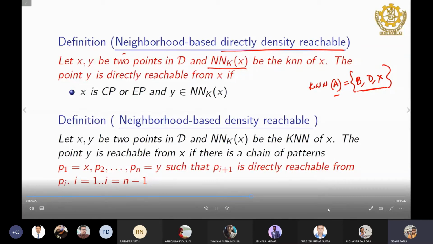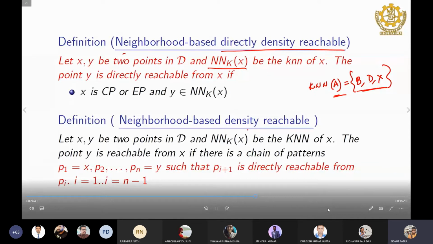So in DBSCAN we say within the epsilon, all points will be directly density reachable if the point is a core point. Here he is saying all other points will be directly density reachable from a nearest neighbor if the concerned point is either a core point or an even point. That means the NDF value is greater than 1 or equal to 1. So that is directly density reachable.